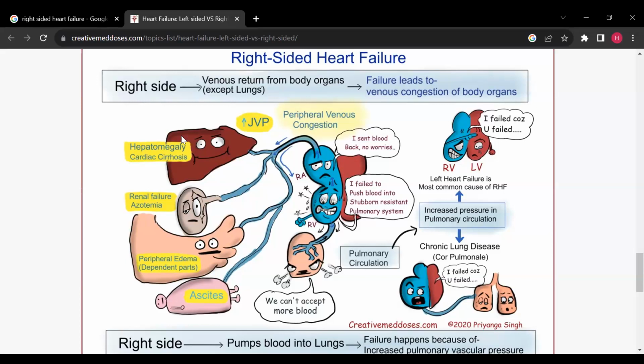Another organ that is affected is your liver, causing hepatomegaly, then renal failure, peripheral edema, because all this blood is just backing up. You have peripheral edema, weight gain because of this, pitting edema. Then you have ascites, which is just a fluid accumulation in your abdomen. Then you have